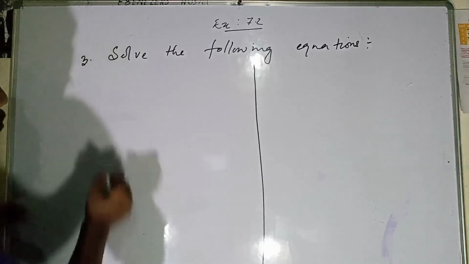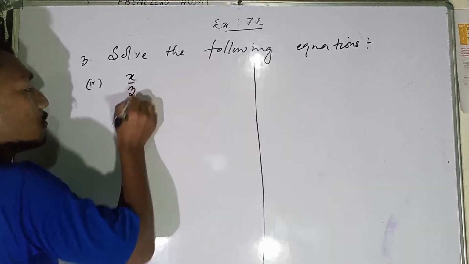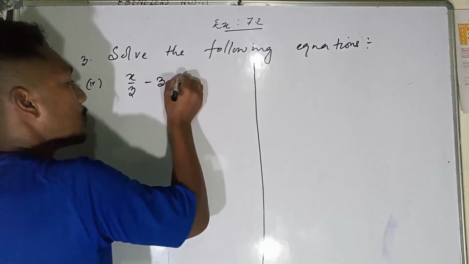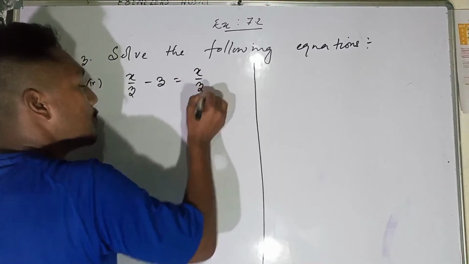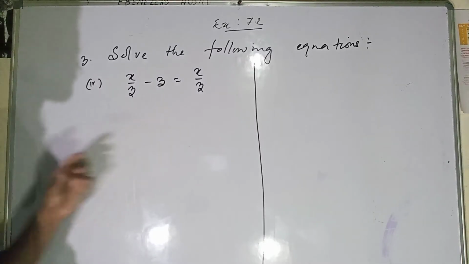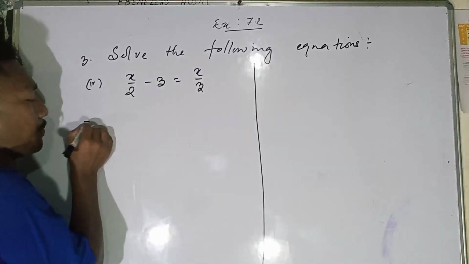4. That means in question number 4 it is in the form of fraction. That means it will be quite difficult for you to solve. So x by 2 minus 3 is equal to x by 3. So first of all I will try to remove this one. What shall I do is that,